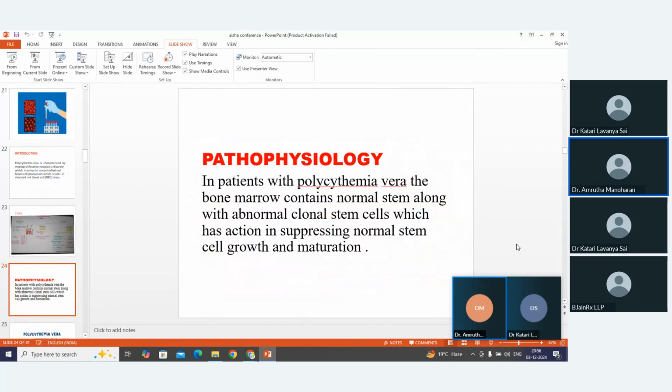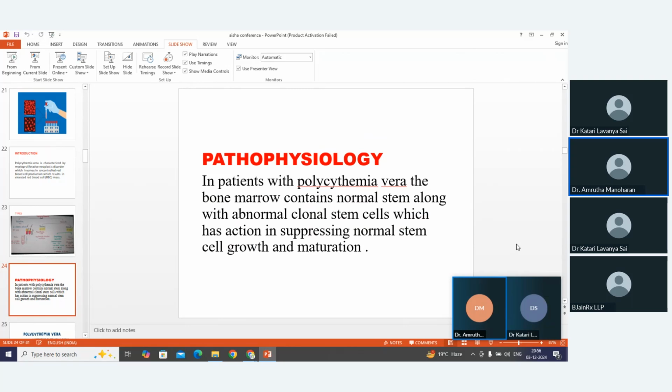Slide number 25. So next, JAK2 mutation. Polycythemia is also said to be a genetic disorder. There are many genetic disorders available, but in polycythemia, the gene mutation is